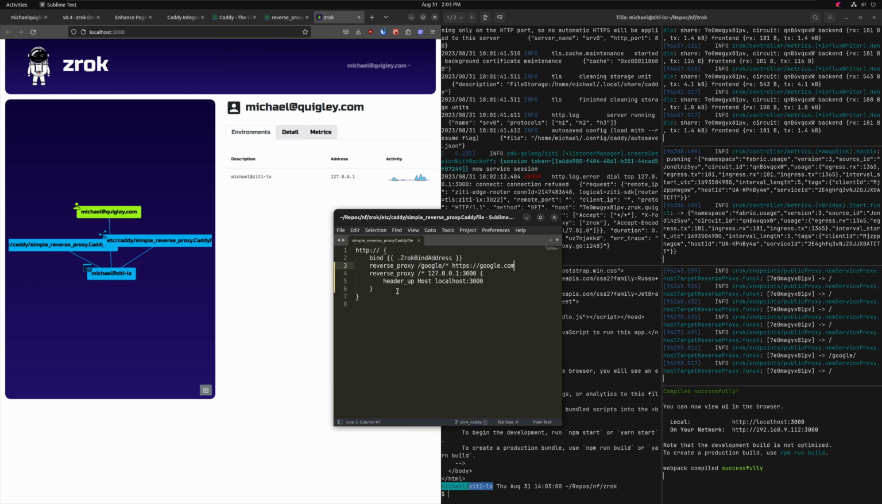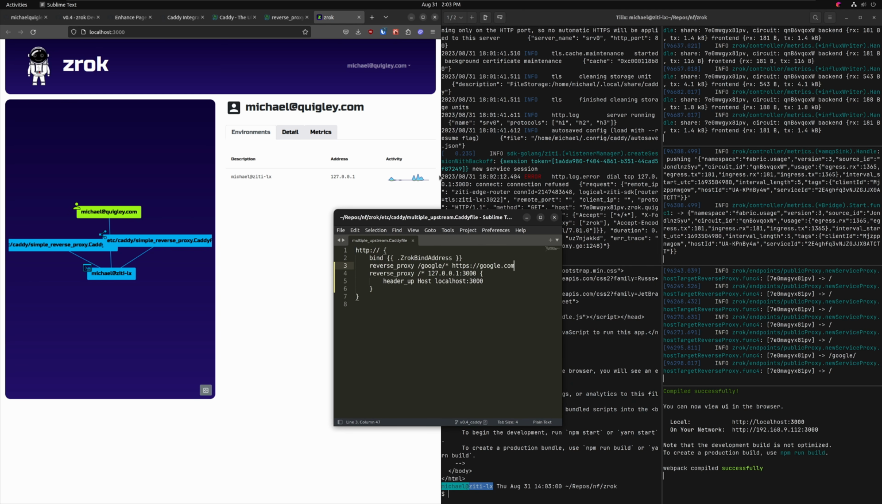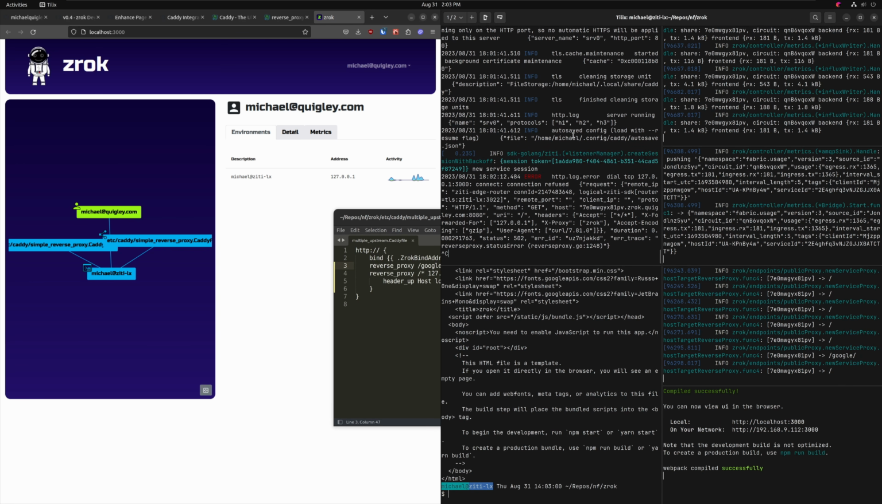In fact, let's just save this now. Let's do a save as. And let's just call this multiple backend. I think they call it upstream. It's called multiple upstream Caddyfile, right? Bam. And then we'll just go ahead and